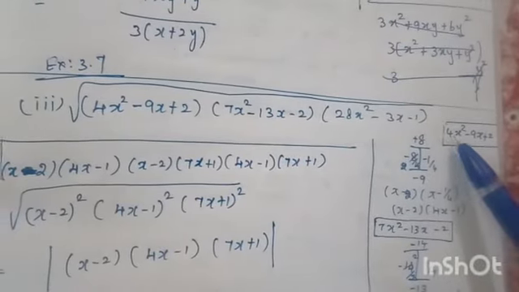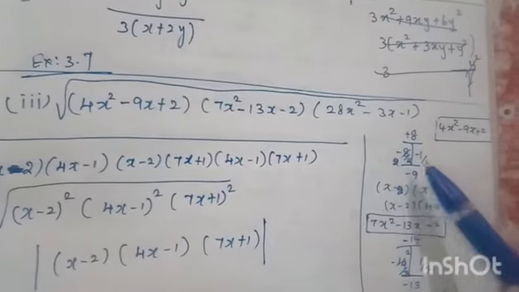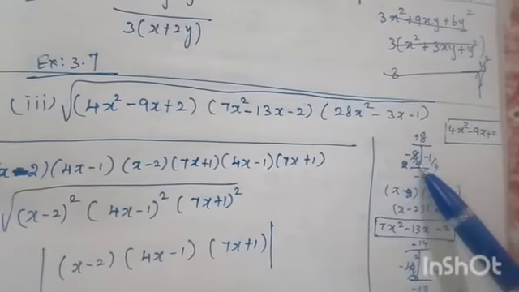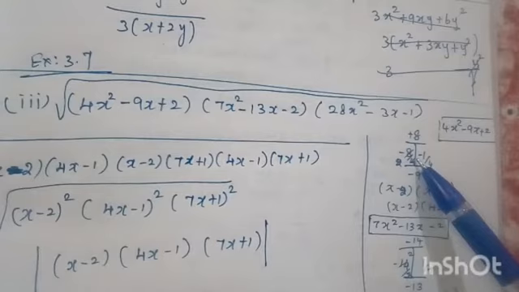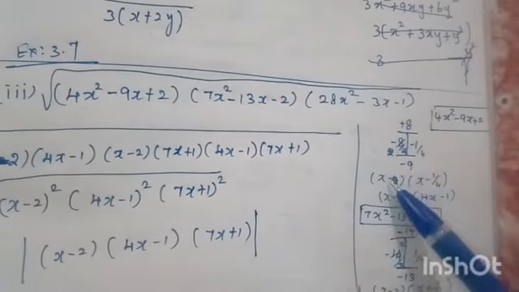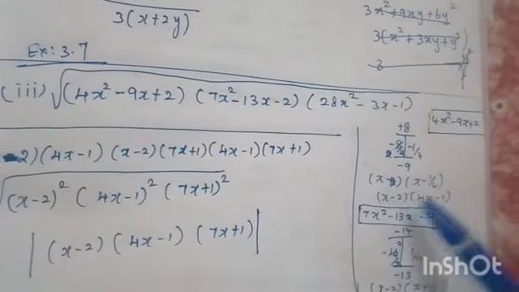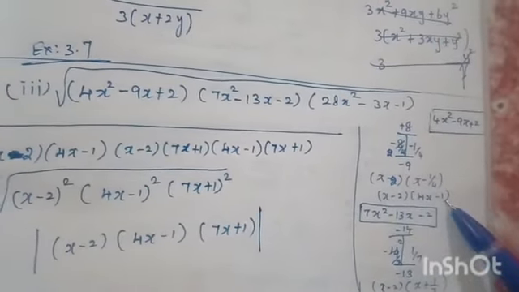In the beginning we multiplied with 4, so after finding the factors, divide by 4. That is minus 8 by 4 and minus 1 by 4. Cancelling is possible, so you have to cancel: 1 4 is 4, 2 4s are 8. So it is (x minus 2) into (x minus 1 by 4), that is (x minus 2) into (4x minus 1).